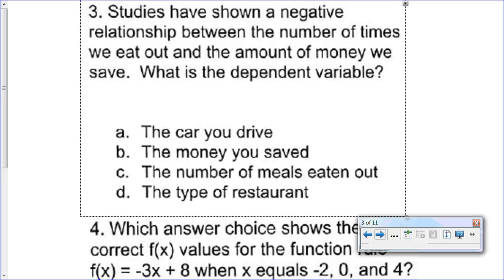So the saving of money is the thing that would not change. It changes as a result of something else changing, our amount of eating out. So we can choose another one where you can say you're independent in your choice as to whether to eat out or not eat out. So hopefully that sort of answers your question. And the amount of money you save kind of depends on how much you eat out or do not eat out. Okay? But the way this looks, if we were to graph it,